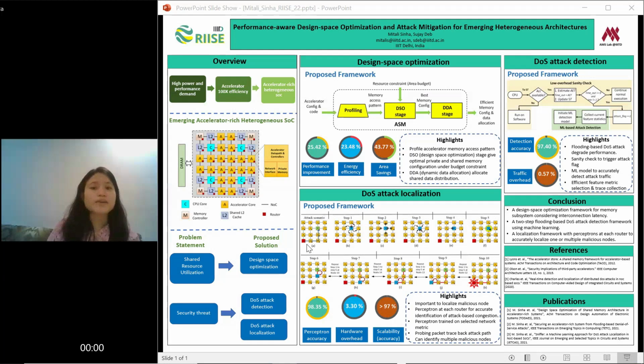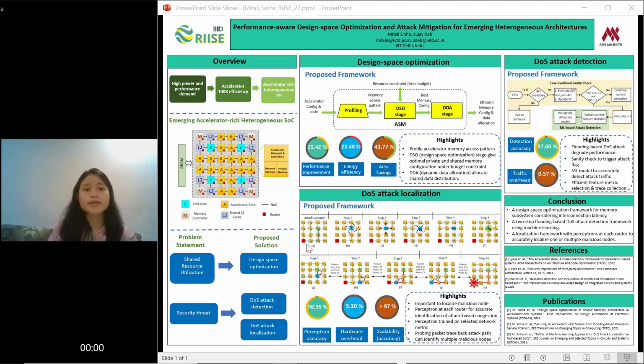So to detect such kind of flooding attack, we propose our framework for DOS attack detection. The proposed framework is divided into two stages: a low overhead sanity check and ML-based attack detection. The low overhead sanity check is responsible for generating an attack flag whenever it finds that something is going on within the system and the timeout exceeds the accelerator execution time. The attack flag then triggers the ML-based attack detection stage, where all the feature statistics are collected from every node within the system,